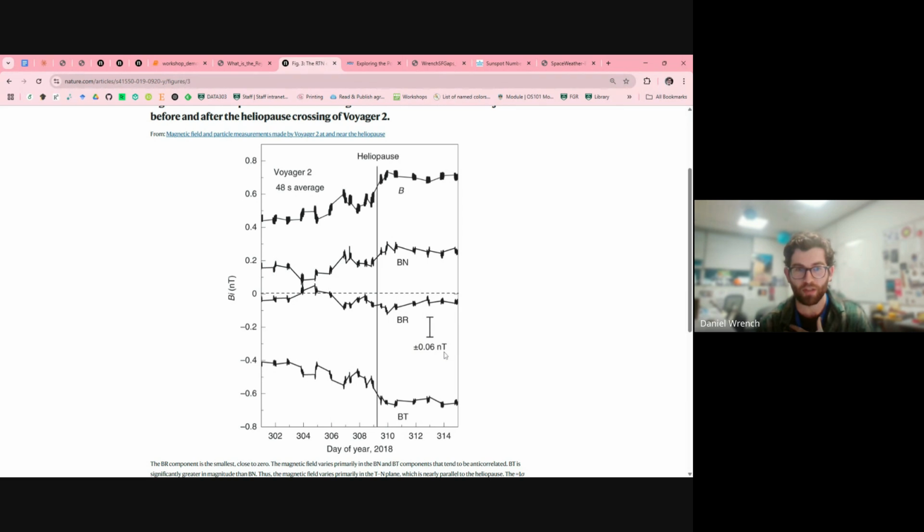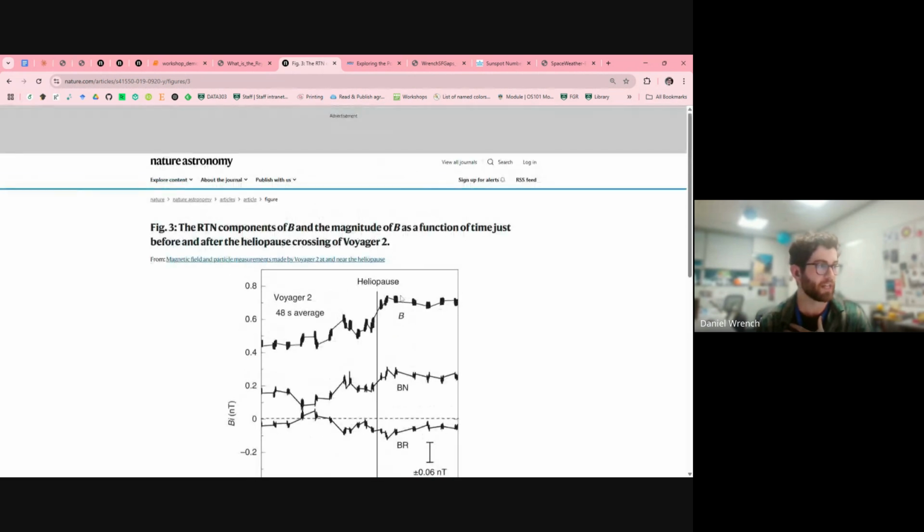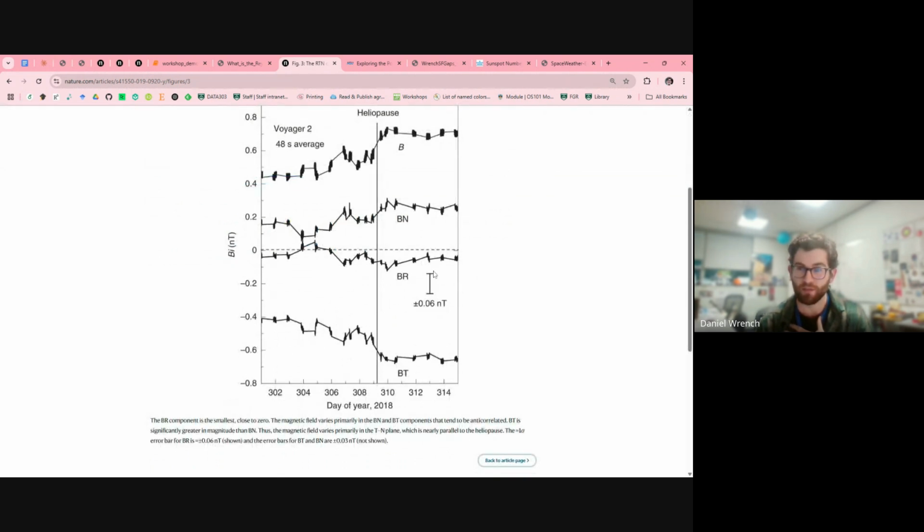That shows you the noise in those observations, specifically for this radial component of the magnetic field, which is what we're looking at here. So there's also a significant amount of noise. And as you may be aware, or you'll probably come across, noise is another major nuisance when we're trying to extract useful information from a time series. And things like signal to noise ratio, how you filter out various frequencies that you're not interested in, is a big topic, which we will touch a bit on later in the workshop.